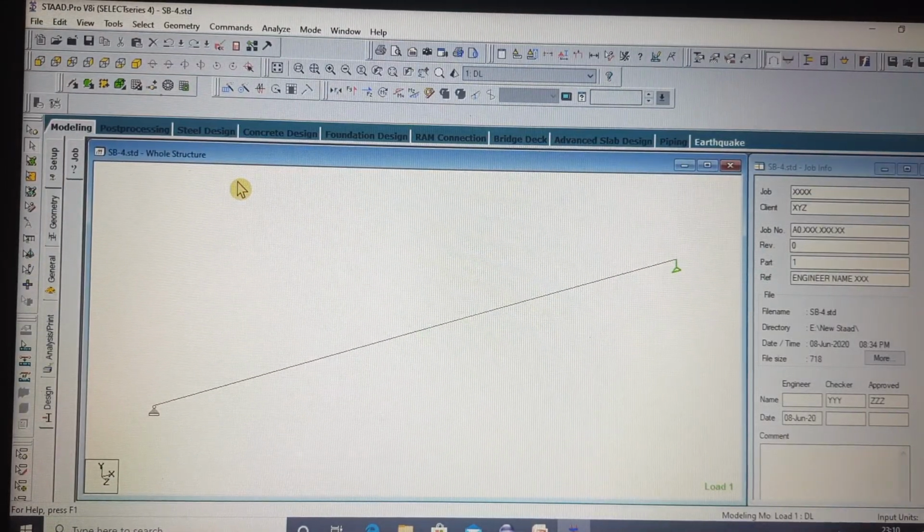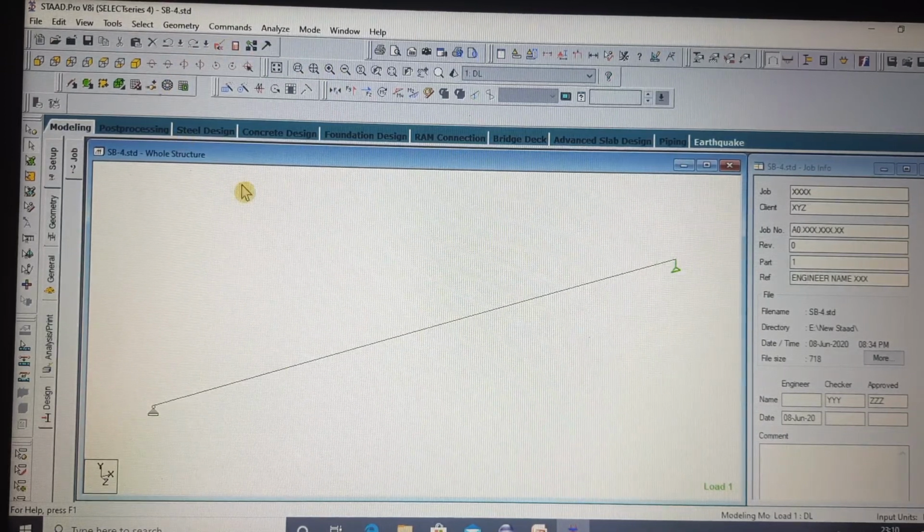So friends, when you enter the STAAD window, this is the window panel you will be able to see. There are lots of buttons, and each button has huge functionality.